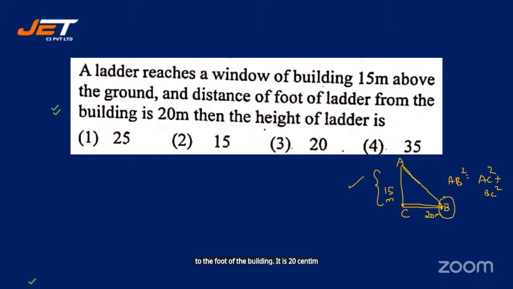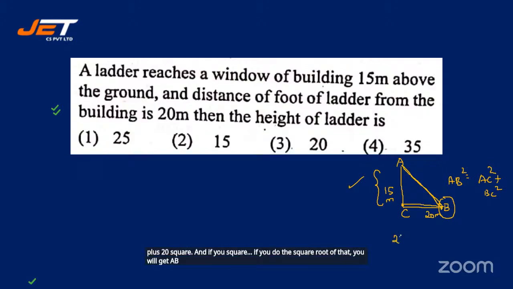Now they're asking this clear height. So you have to just do 15 square plus 20 square, and if you do the square root of that, you will get AB. So 15 square is 225. 20 square is 400, which